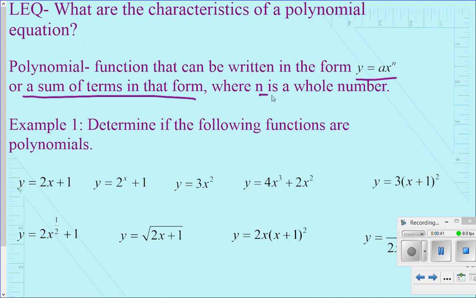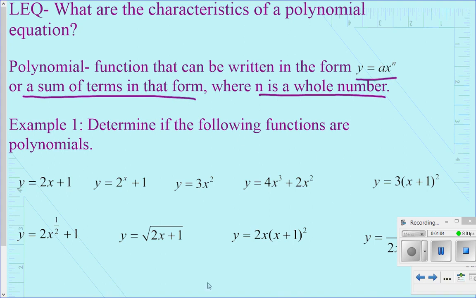So it says n is a whole number. So the exponent has to be a whole number. And if you recall, we studied whole numbers earlier in the year. We know whole numbers are 0, 1, 2, 3, 4, and so forth. So no fractions, no decimals, no negatives. But 0 is included as a whole number. So if it's a term that's in that form or a sum of terms that's in that form, then we